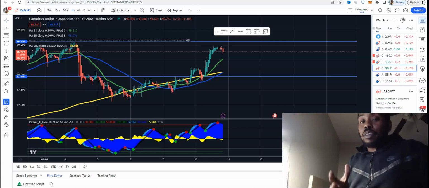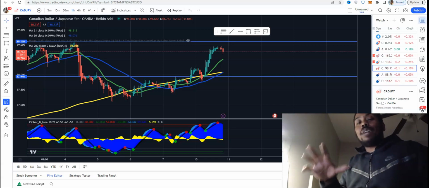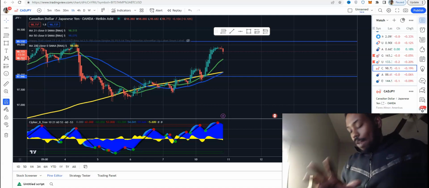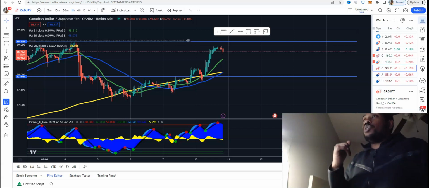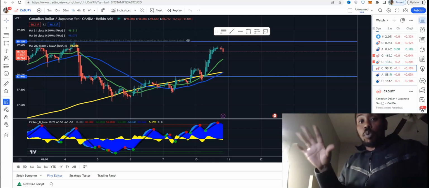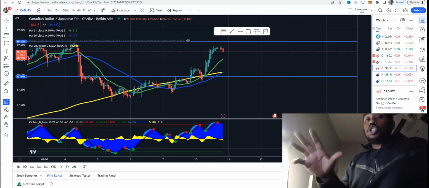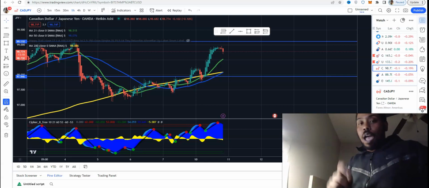One thing that I definitely want to note before we end the video, just like every single thing that I tell you guys about in these different videos, I want to stress this, I would not trade moving averages solely based on themselves. You need to be finding support and resistance and demand zones inside of the market. And once you put those together with RSI divergences, I promise you, your win rate inside of the market,